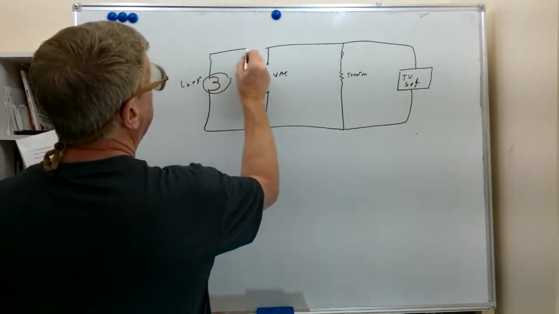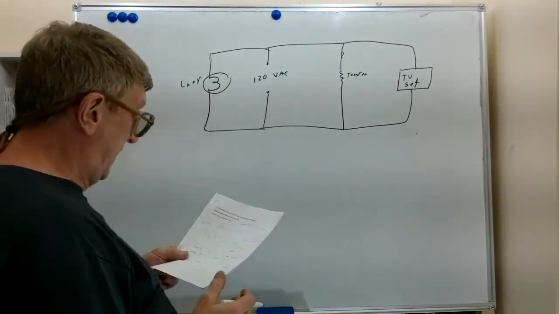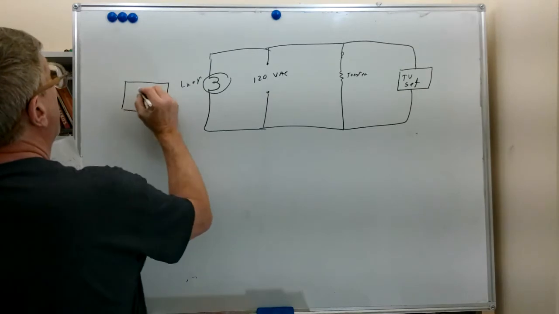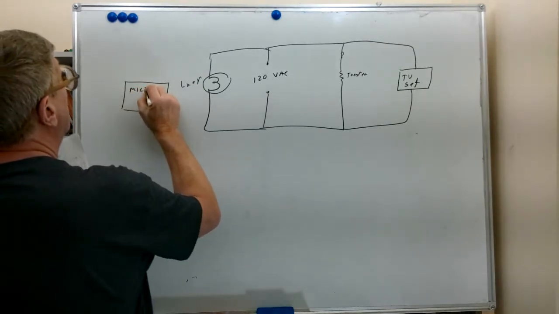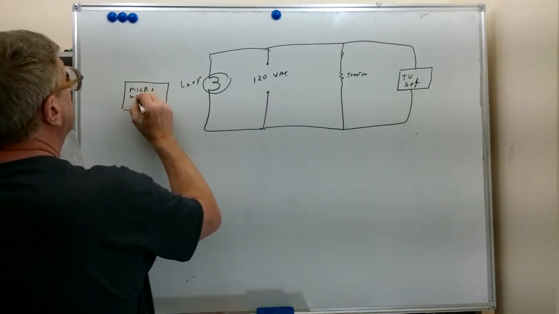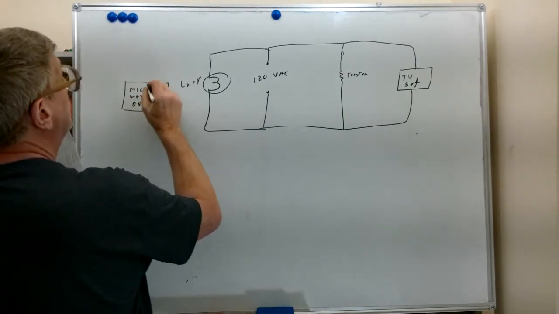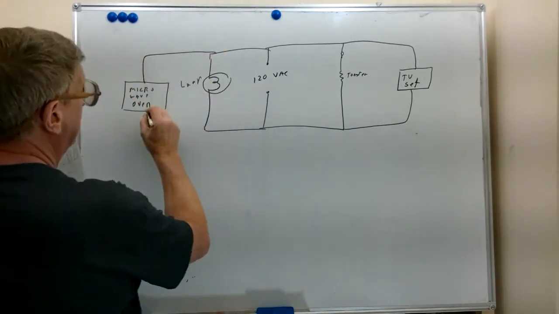When you plug it in, it connects back to the same 120 volt supply. Maybe you have a microwave oven. When you plug it into the receptacle in the wall, it connects back to the same